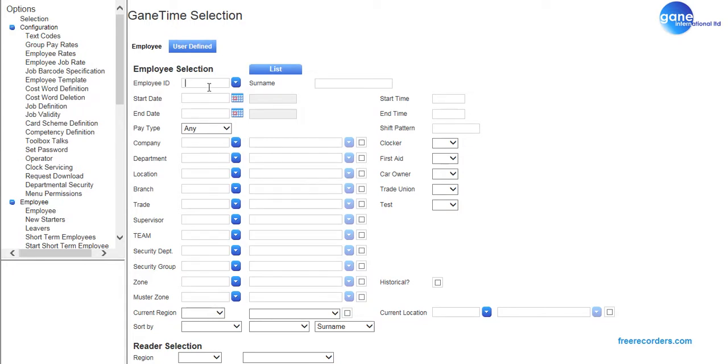The employee selection screen permits users to filter employees to just work with the employees that they want. Any of these analysis fields can be used to filter the employees, but I'm using the employee ID as my key filter on this one. Each employee has an employee record,